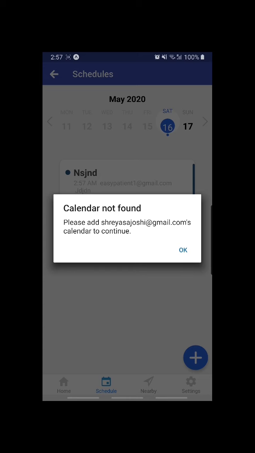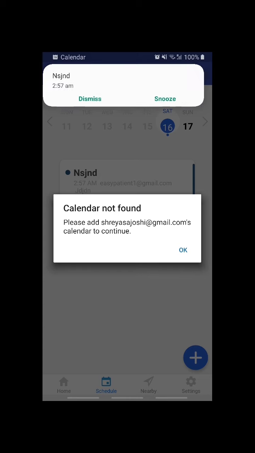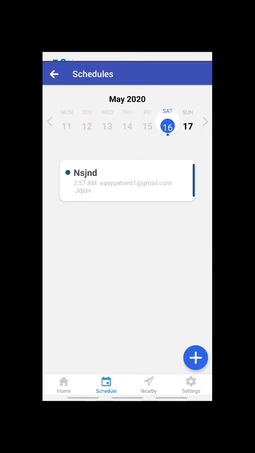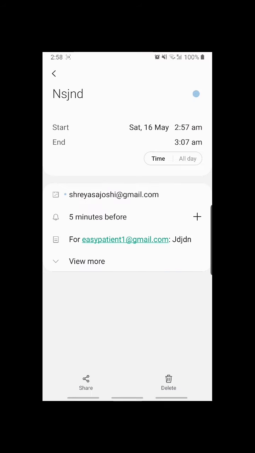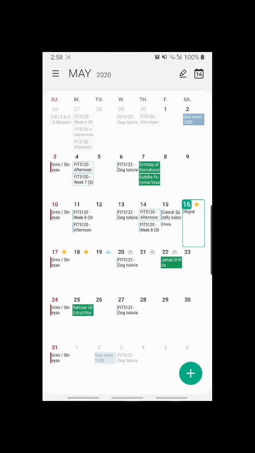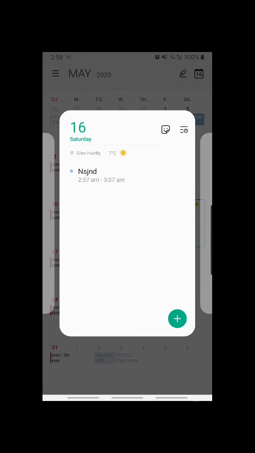Okay. So it still gives this error. I will fix this. And as you can see, you get the notification for this patient, and when you go into the calendar here, it gets added into the calendar.